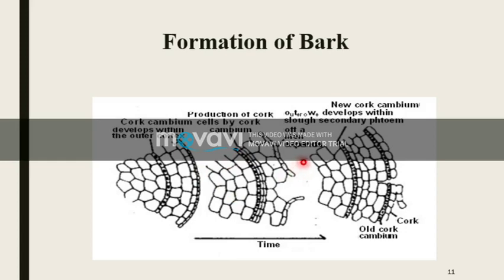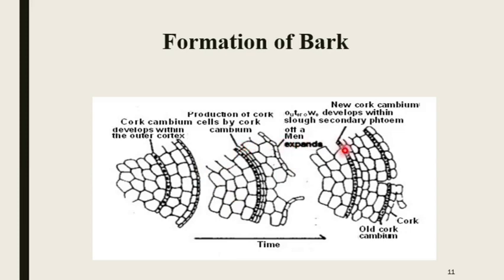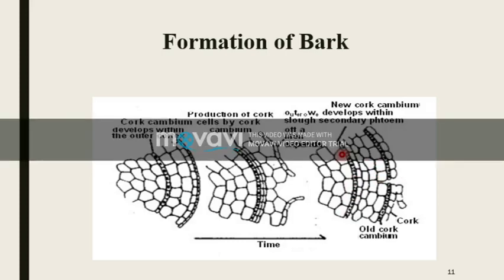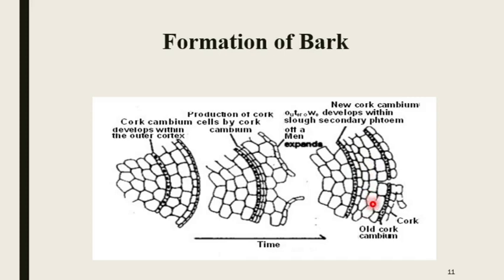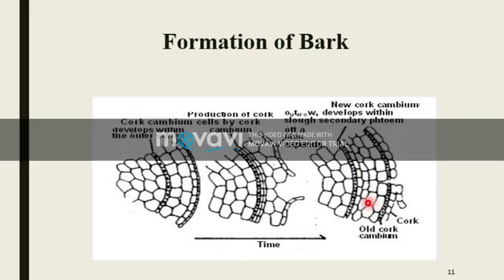But when the age of the tree becomes more, a new layer of cork cambium is formed on the inner side and the older one moves away. So here is the cork cambium and here is the second layer of the cork cambium. The first layer of cork cambium, the outer side of which is cork and the inner side is phelloderm, is collectively called bark. It means that in secondary growth, when cork cambium and phelloderm are formed and age becomes more, new tissues are formed on the inner side, and the older one is called bark.